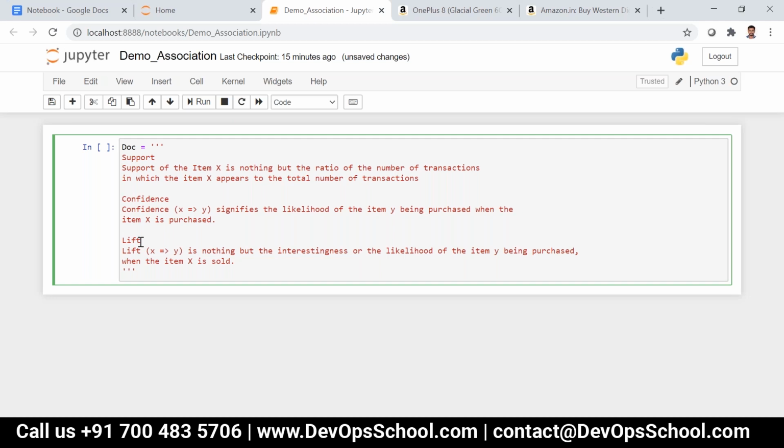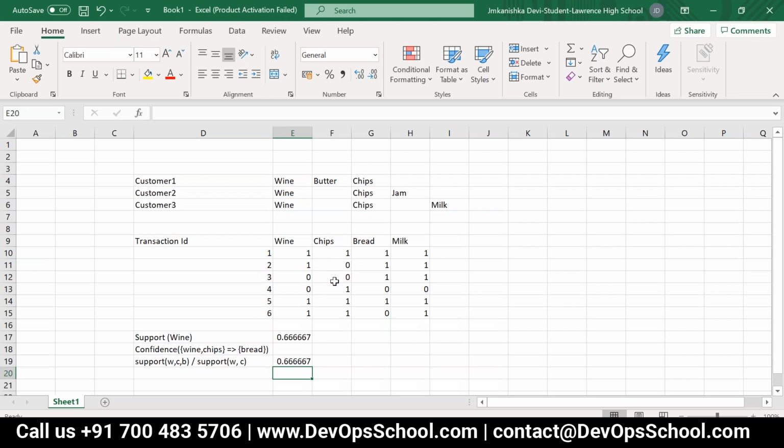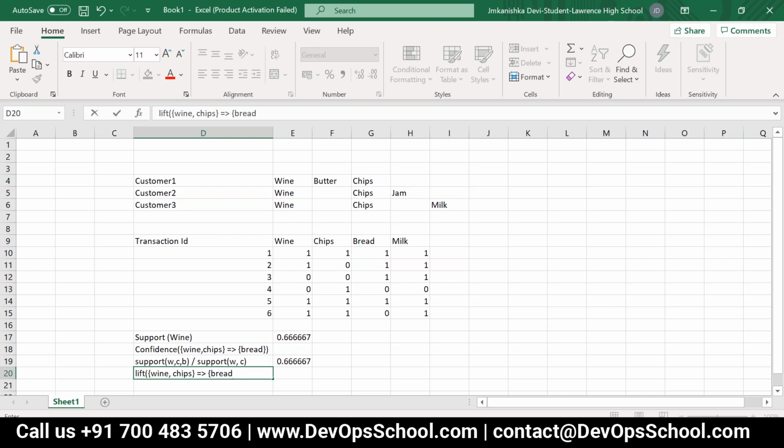Okay, so over here what we have to do is write the lift of, if I want to find the same thing, wine comma chips, and then bread.